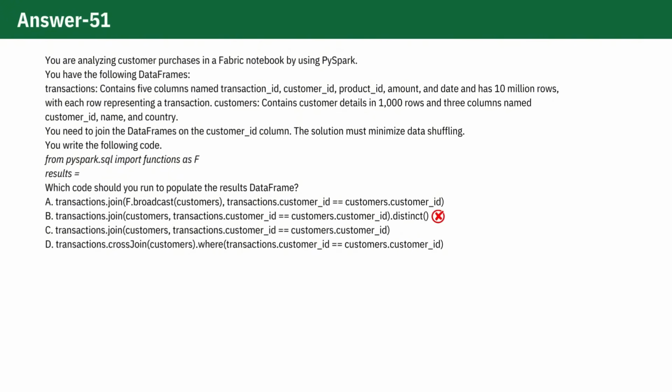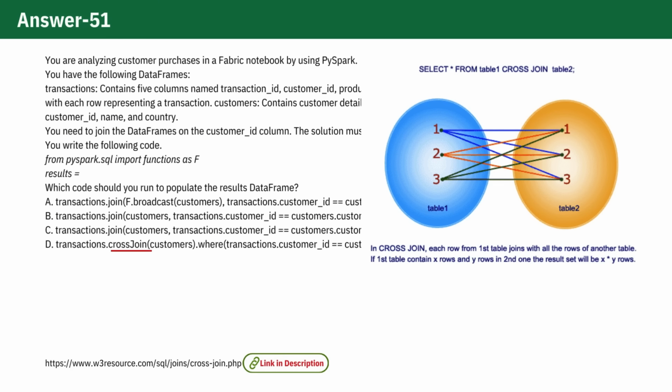Option C uses a simple join, and similar to option B, this approach performs a simple join without utilizing broadcast, leading to potential inefficiencies due to data shuffling across the cluster. So this is incorrect. Option D uses cross-join, and this performs a cross-join, that is the Cartesian product between the